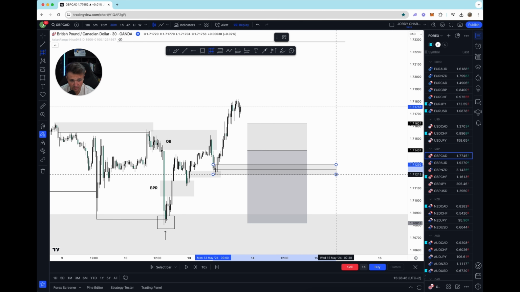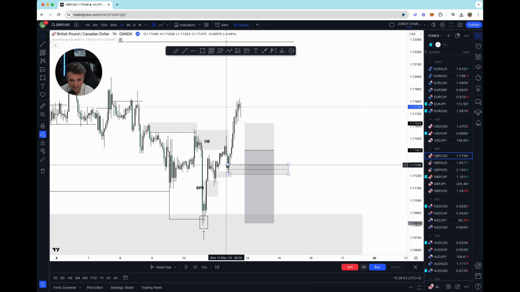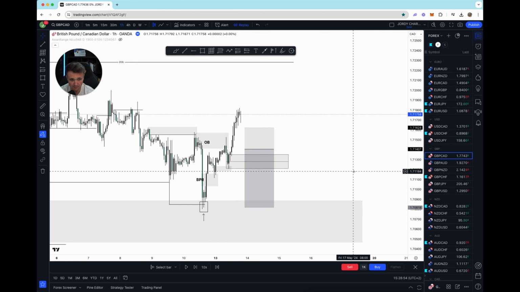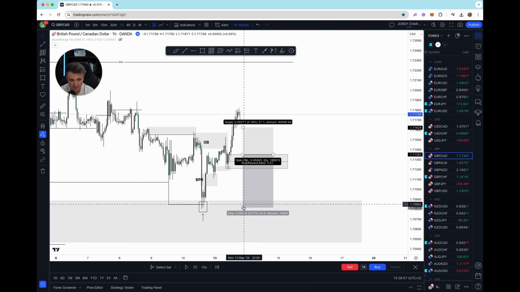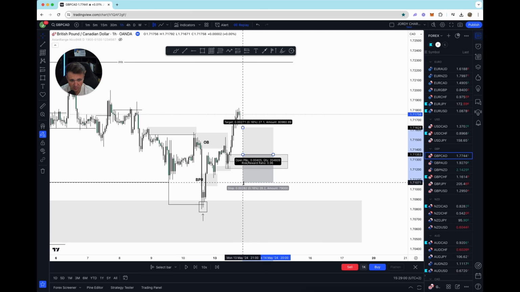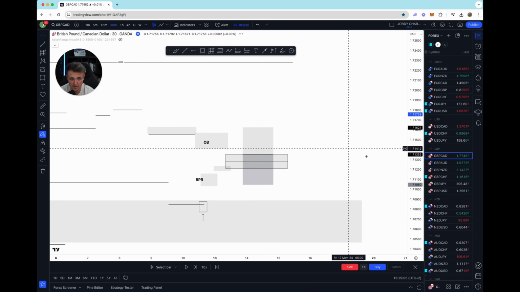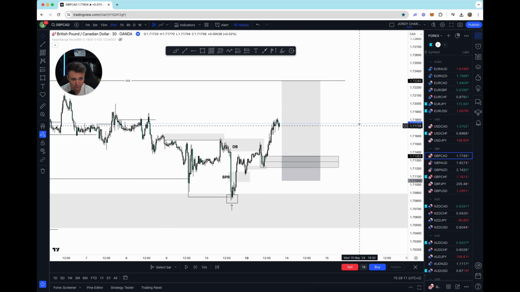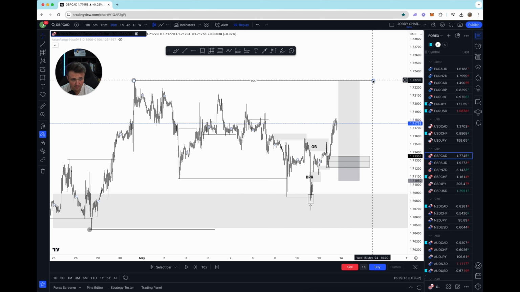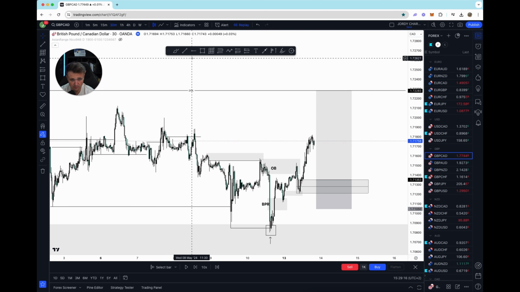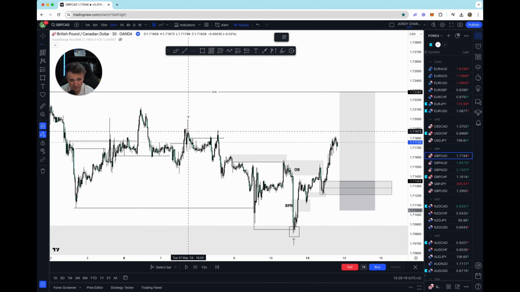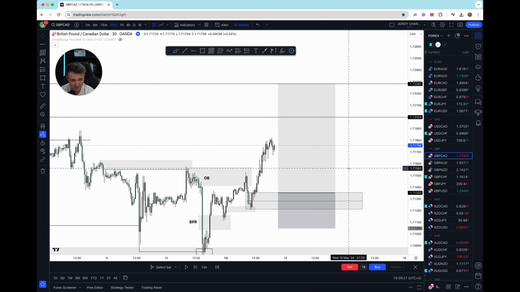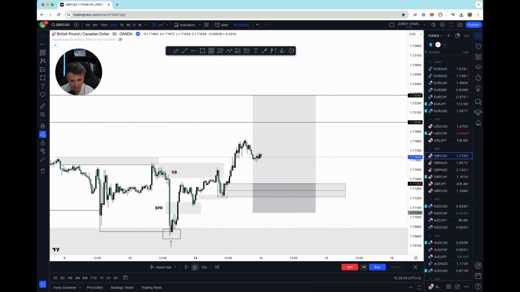I have no idea how I took it. I think I took it like this. Or maybe on a 1 hour. Let me check. Yeah, I think I took it like this. Yeah, perfect. Took it on the 1 hour. Like this. And then I think I put my stop loss at 30 pips. Just a bit below this one. Here we go. And this was the position that I took, aiming for a 3R at the daily draw on liquidity. Here we go. And of course, you can move to break even after you tap these levels, for example, here. This could be a break even level. And let's see what price does, but I already know that it played out.